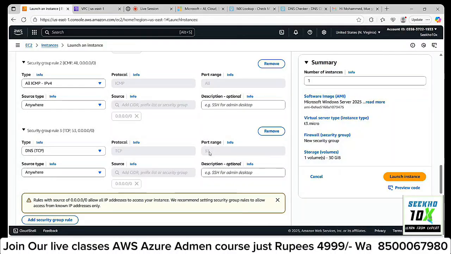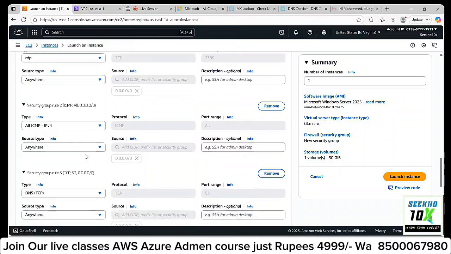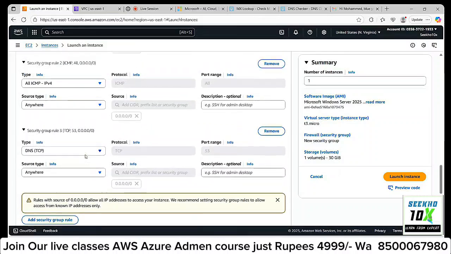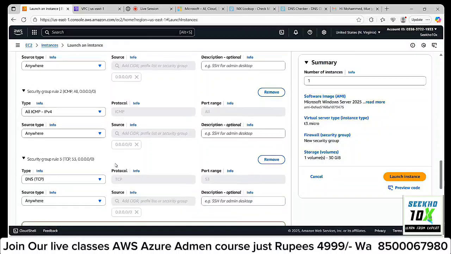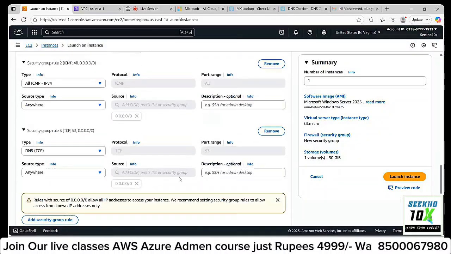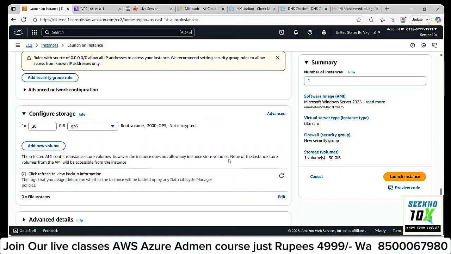See here, the port range has taken as 53. So I need to resolve my DNS query. That's the reason I am allowing my DNS ports here. Okay. Say launch.